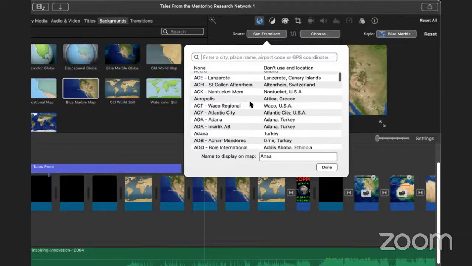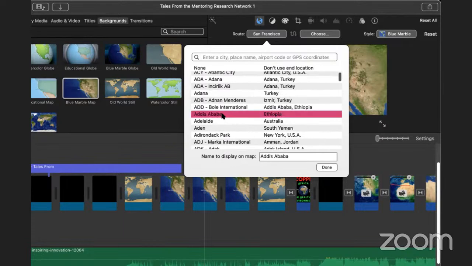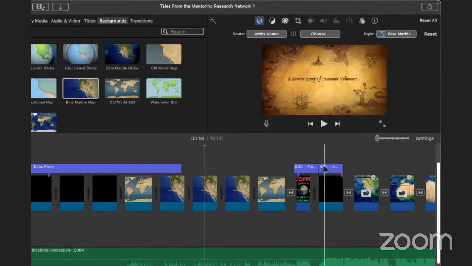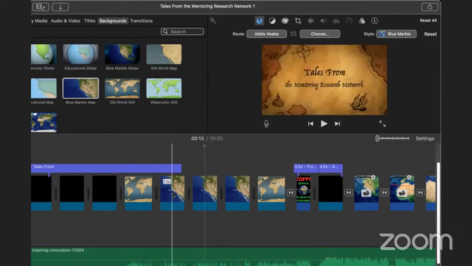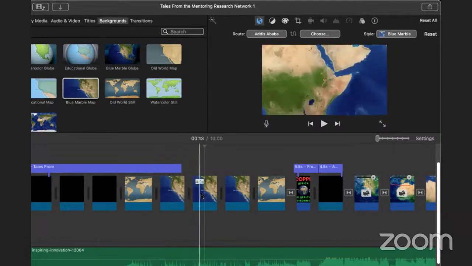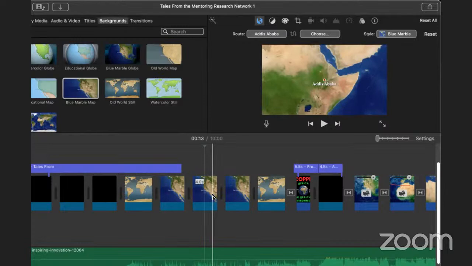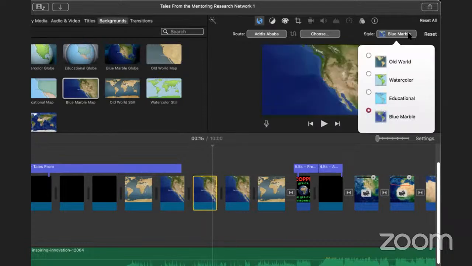Okay, so let's try something, Addis Ababa, Ethiopia, for example. Sorry. It just takes time to be incorporated. Okay, here, can you see it? So for example, I don't want it to appear like this. I want it to be like